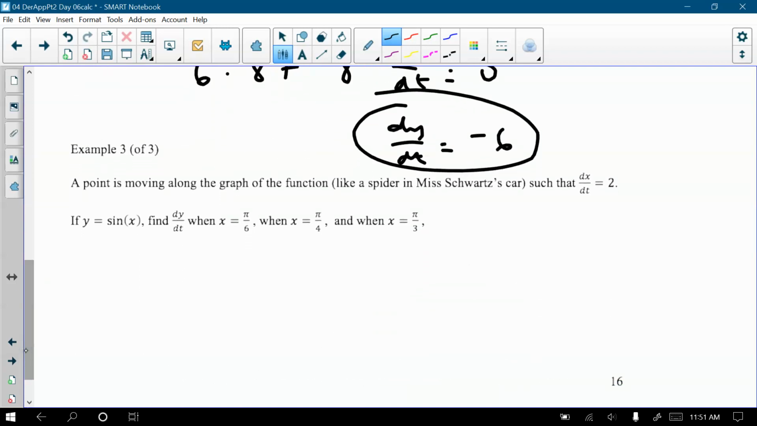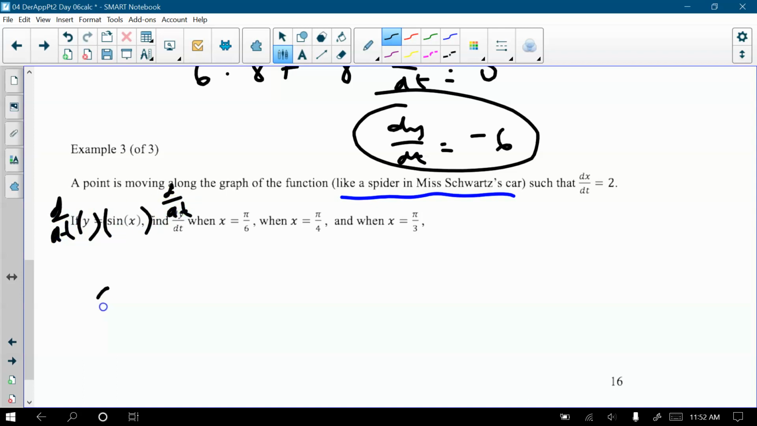And for example 3 of 3, I have a point moving along the graph of the function, such that dx/dt is equal to 2. If y equals sine x, find dy/dt when x equals pi/6, when x equals pi/4, and when x equals pi/3. Let's do it. Taking the derivative of both sides with respect to time,